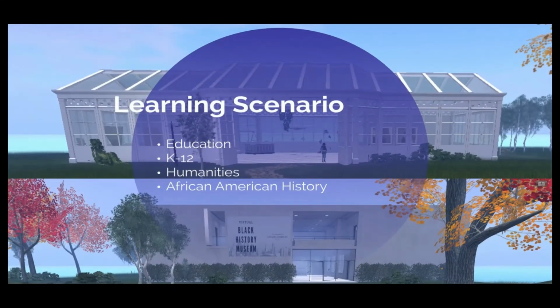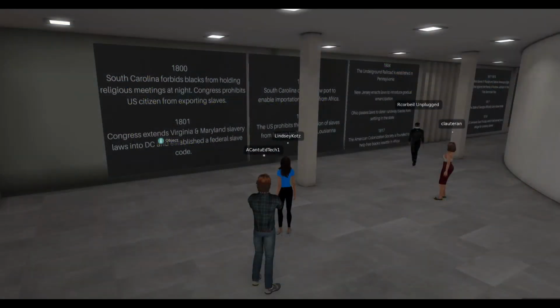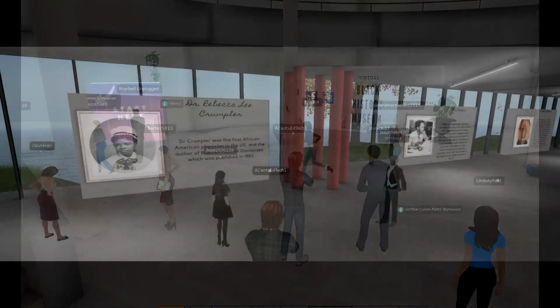Learning scenario. The educational system from K through 12 and beyond has adapted learning to a remote learning or hybrid model due to COVID-19. These models have presented schools with new issues, asking questions such as, how can we provide a meaningful learning experience for students like we did before without being able to physically take students to learning enrichment locations such as museums? The following is a learning scenario that can be used by humanities courses